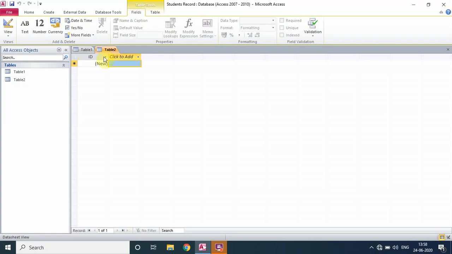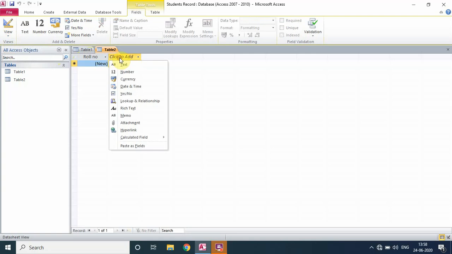Fine. So there are two views of a table, datasheet view and design view. When we create a table in datasheet view, we need not provide any data type. Directly we have to write the field name here, whatever I want to make. Suppose I want to make roll number, and suppose student name I want to give here.